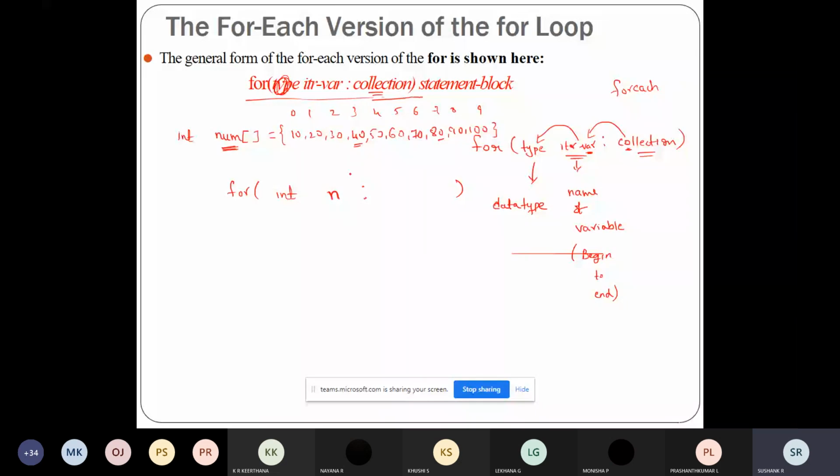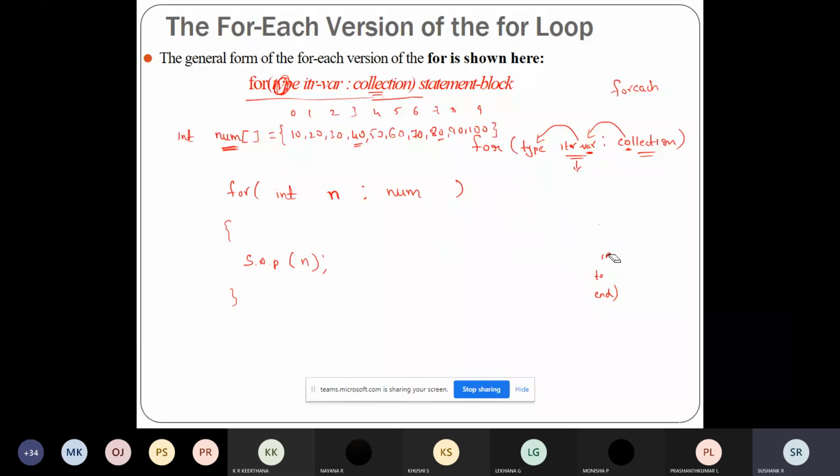Here the collection is num. So this is the declaration. After that, I'll write System.out.println(n). Now we'll talk about the working of this for each loop.